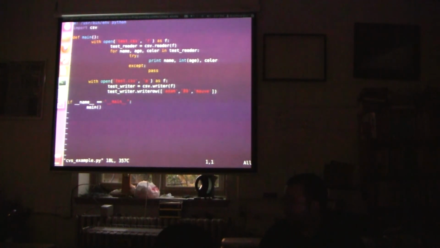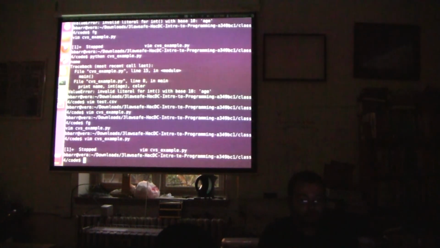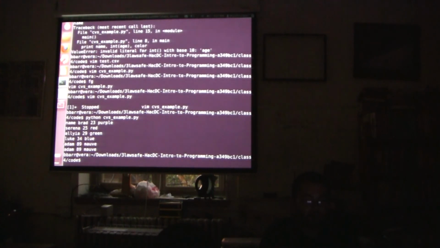I wrapped that print statement in a try just because it erred. I threw an except there to say if an error arises, don't worry about it. It's cool. Just continue doing what you're doing. And then it should work fine now. If we go ahead and run this again, we see right here that it prints name, which is fun, because it gets to the part where it prints the name and then it breaks on the rest of them. So it prints that first part, which is not what I expected. And then it goes on to the rest of the lines. But if you look here, this 23 is no longer surrounded by quotes, so we got rid of that issue.